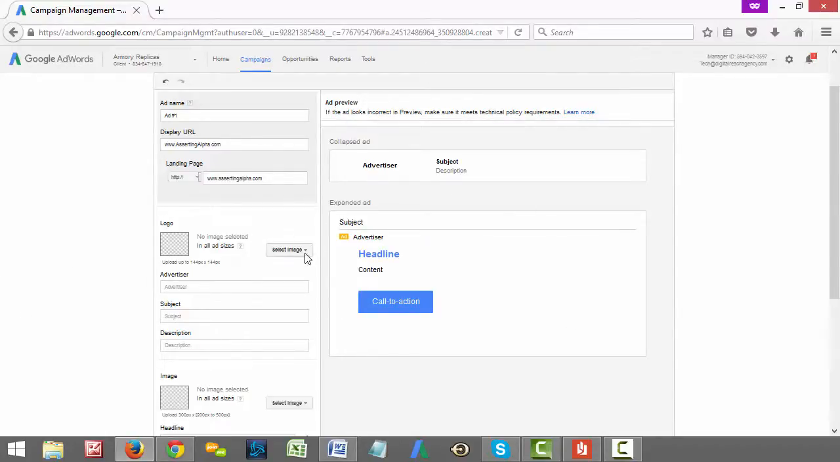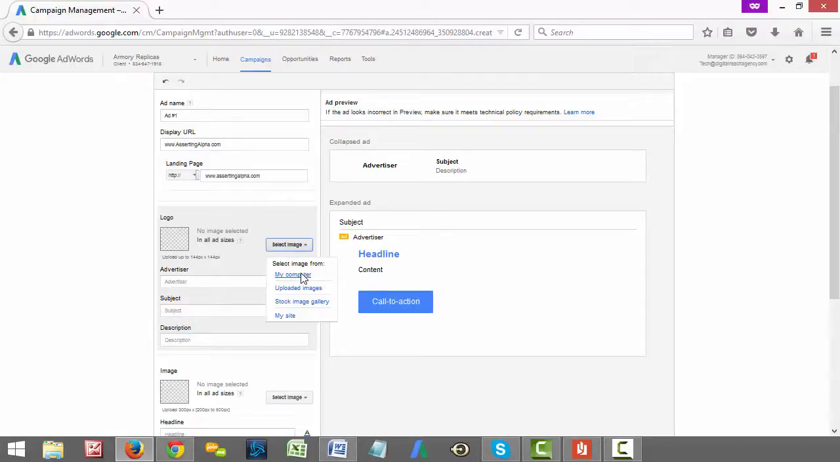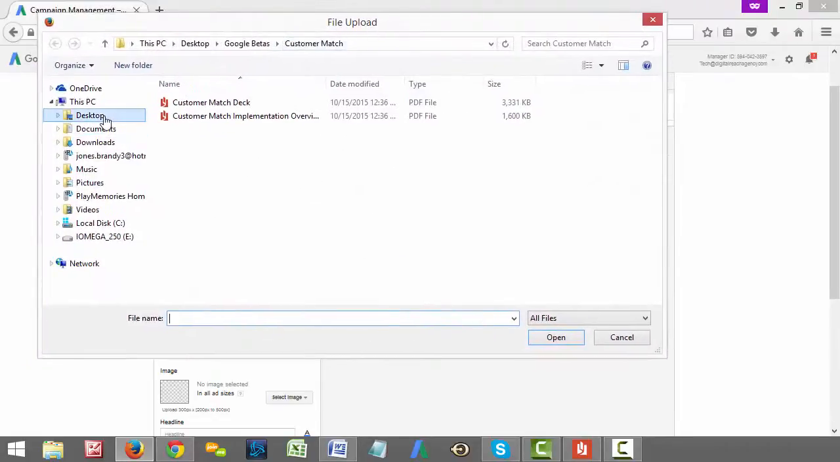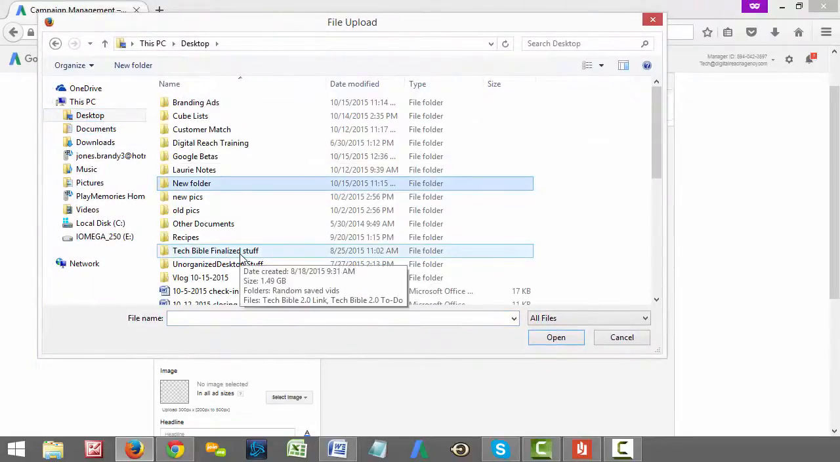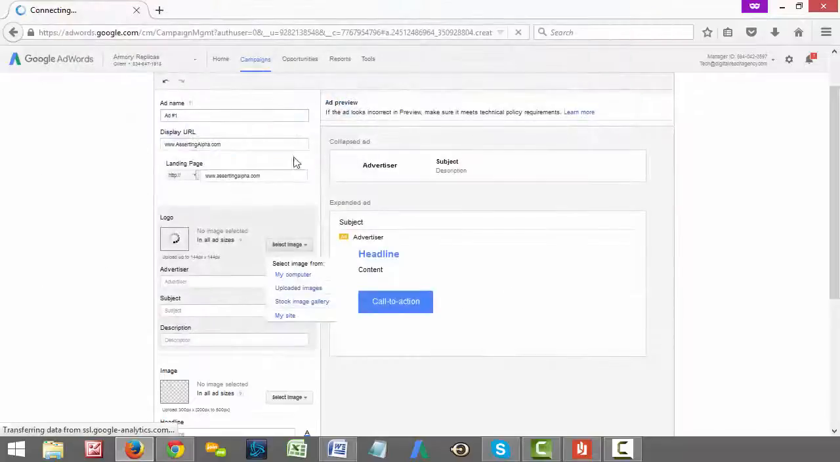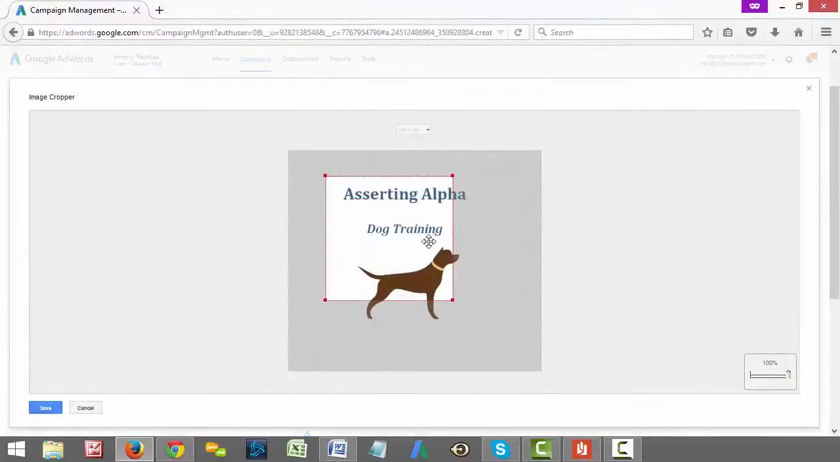So let's go ahead and start by adding our logo in here. You're gonna have to have your image saved to your desktop or an image gallery or something like that. So let's go ahead, I think I saved it under a vlog file. Yep. Alright, so here's our logo, and we can crop it. I just made up this logo. This wasn't actually my logo, but